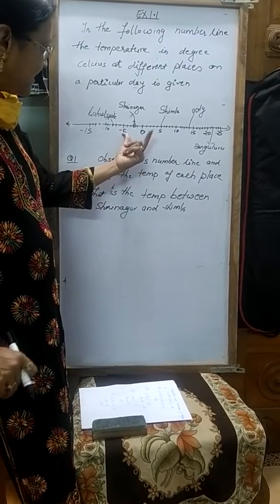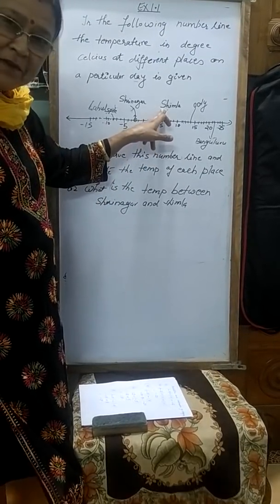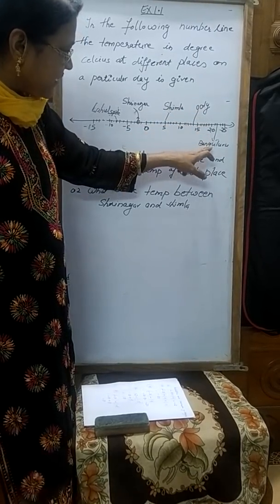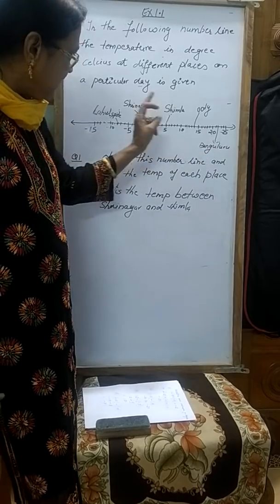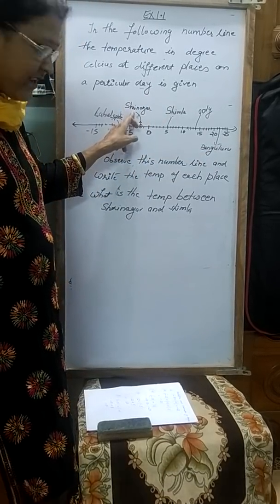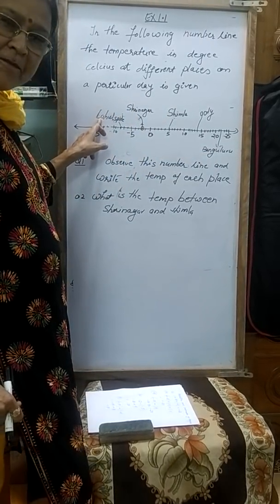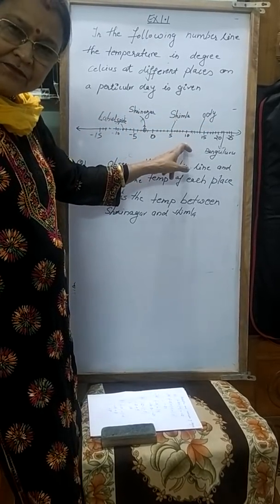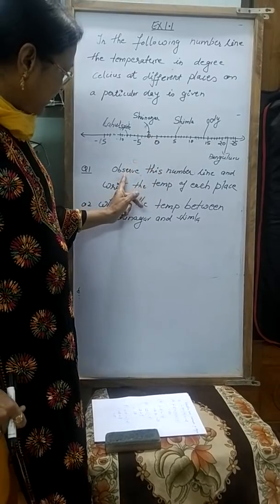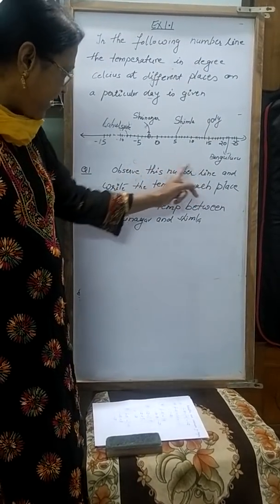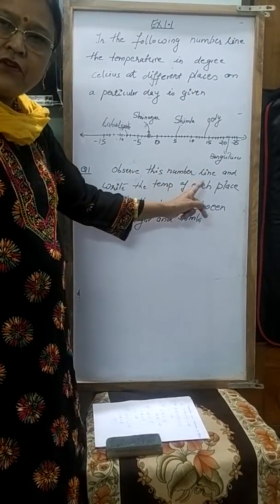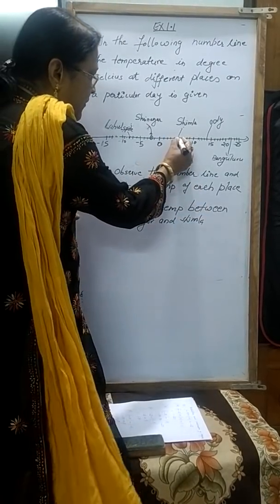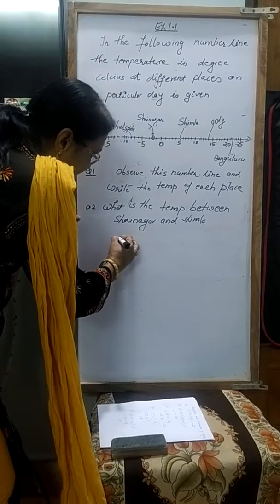These are very important cities, like Shimla, Ooty, Bangalore, Srinagar and Lahaul Spiti. These are the 5 cities we have taken. Now the question is, observe this number line and write the temperature of each place. Now first, suppose you take the city Shimla,